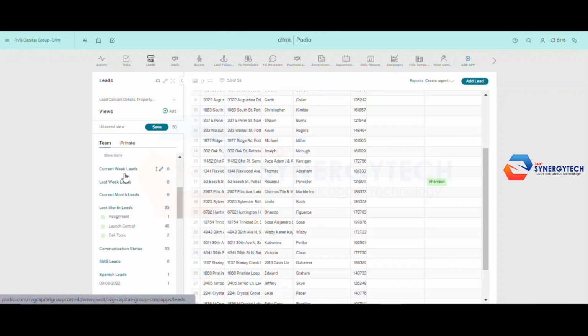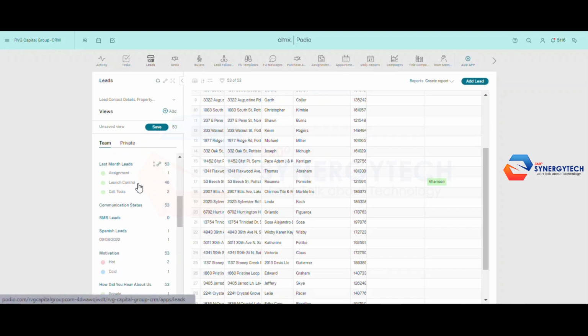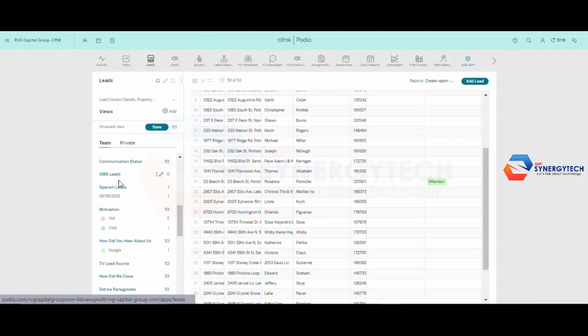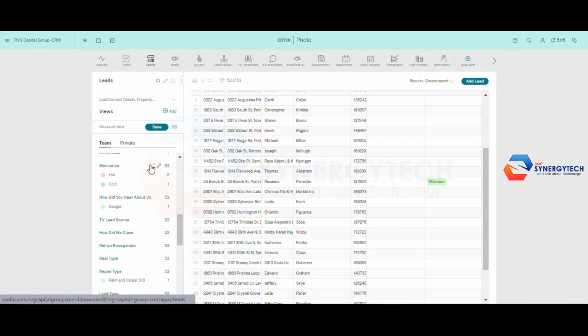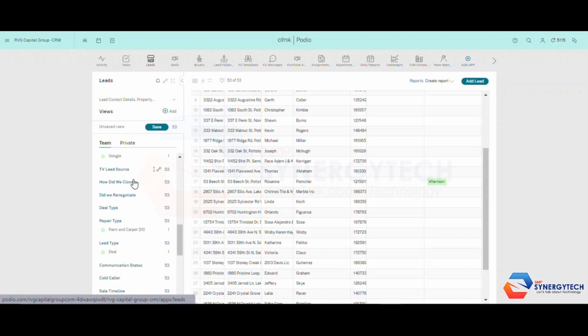Then these are current week leads, last week leads, last month leads, and then the assignment, launch control, call tools. These are the marketing tools that you are using to get the leads from. Then there are SMS leads, Spanish leads, then we move on to motivation, the ones that are hot leads, cold leads, and then further,